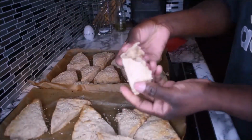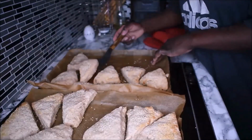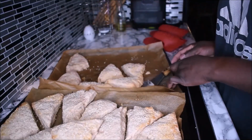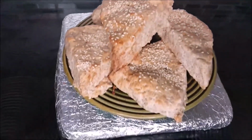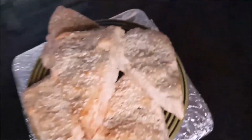See, have you seen how the scones look? So tasty and delicious. So I'm packing it onto one tray because I need the tray to make other things. I'm off today and I'm going to make so many things, so I need the tray. This one I brush with a little bit of cooking oil to get more color for the thumbnail, for the picture. So that is why this one you can see